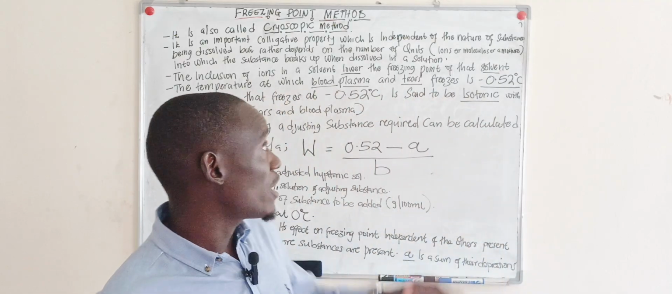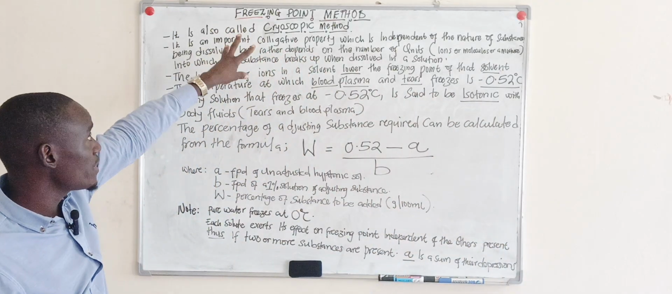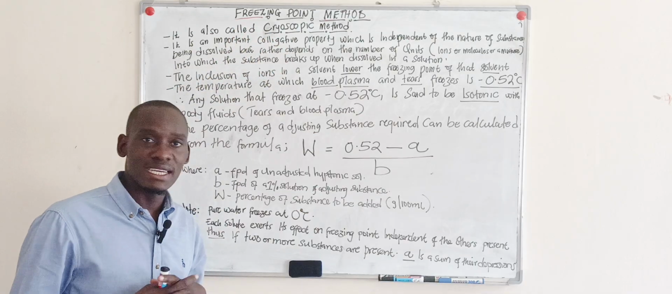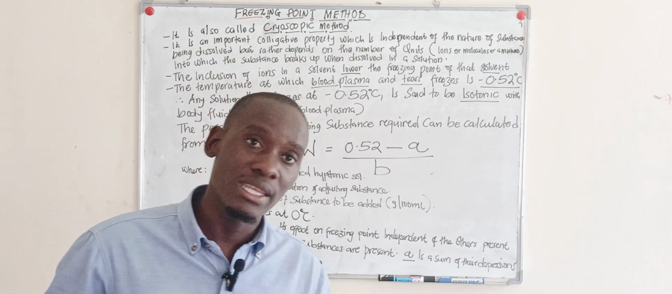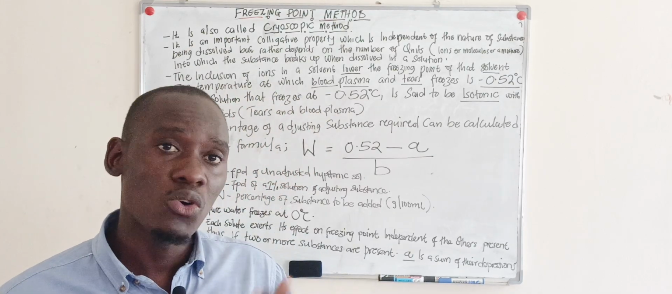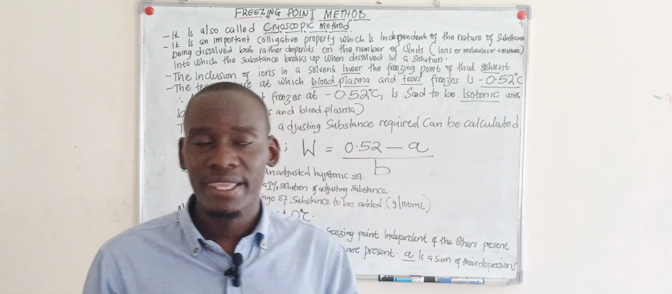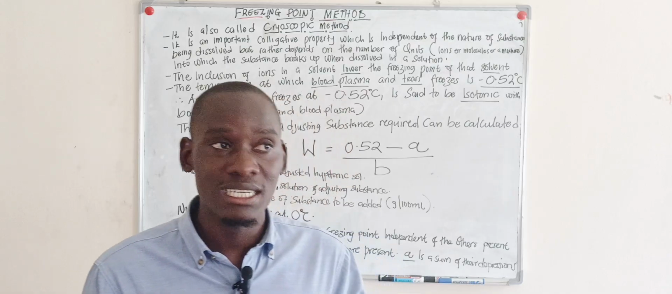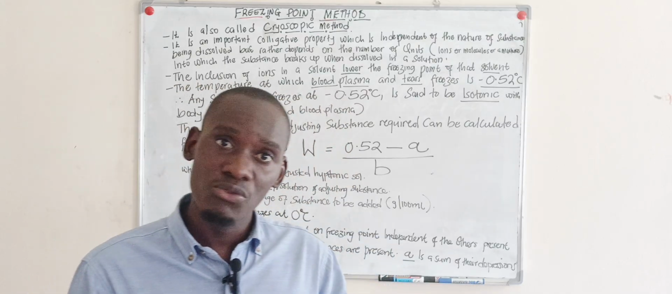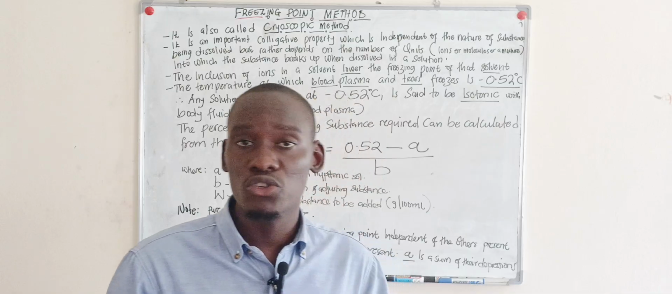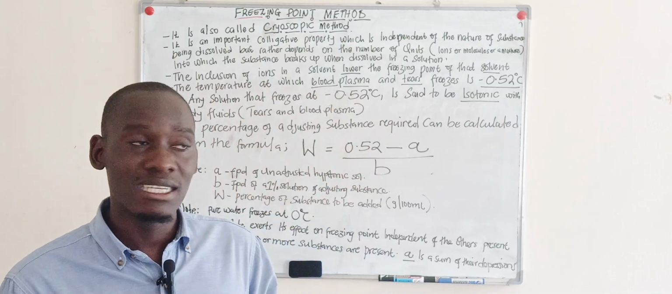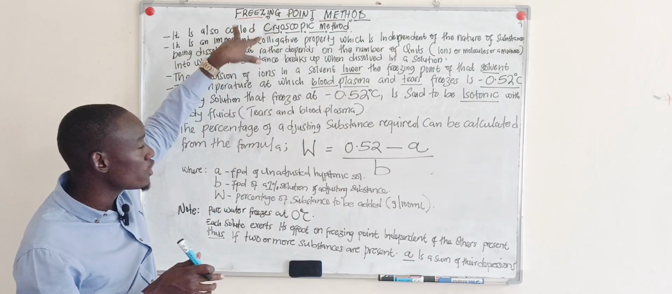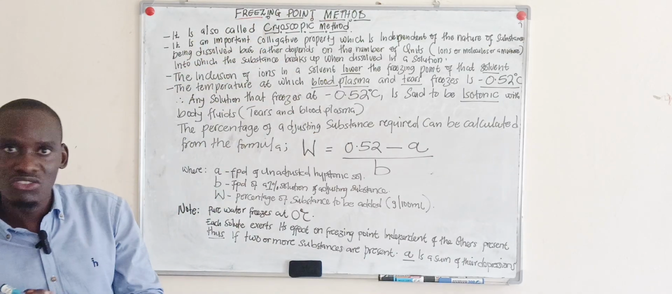And in today's lecture we are going to talk about freezing point method as one of the third methods used to adjust solutions to isotonicity. In our previous videos we looked at gram-molecular method as one of the first methods used to adjust solutions to isotonicity. We also covered sodium chloride equivalent as one of the second methods. And today we are going to concentrate on freezing point method as one of the third methods used to